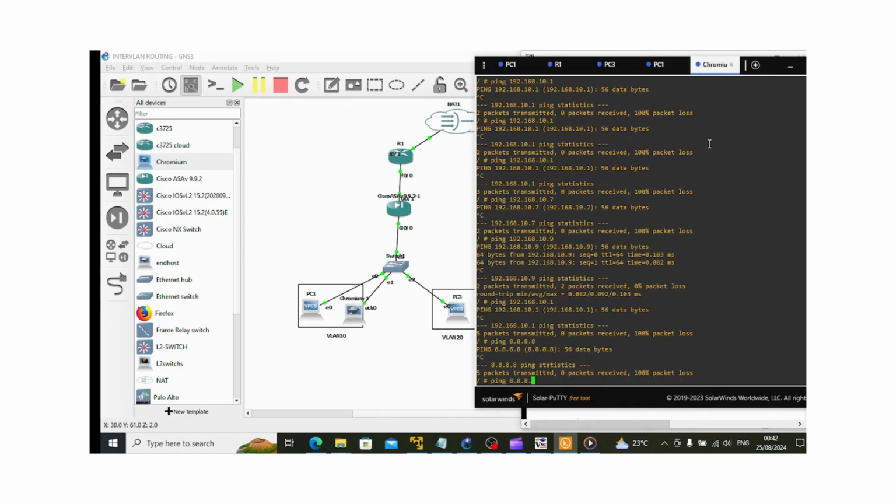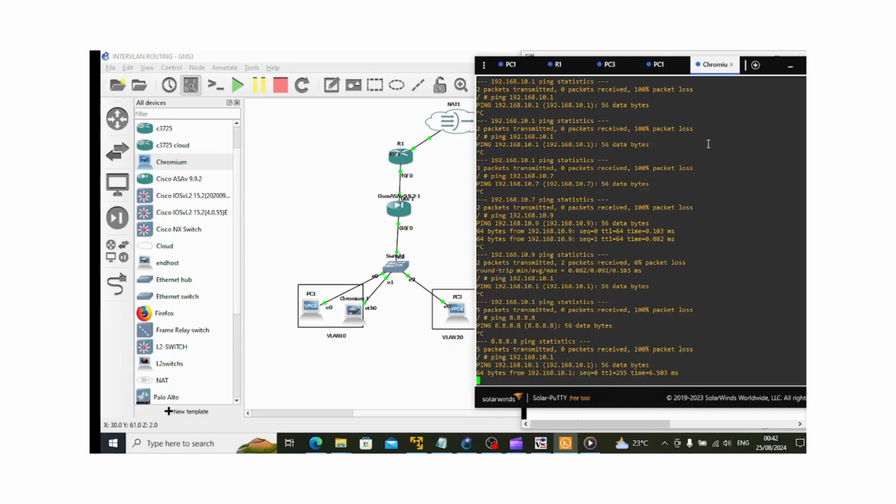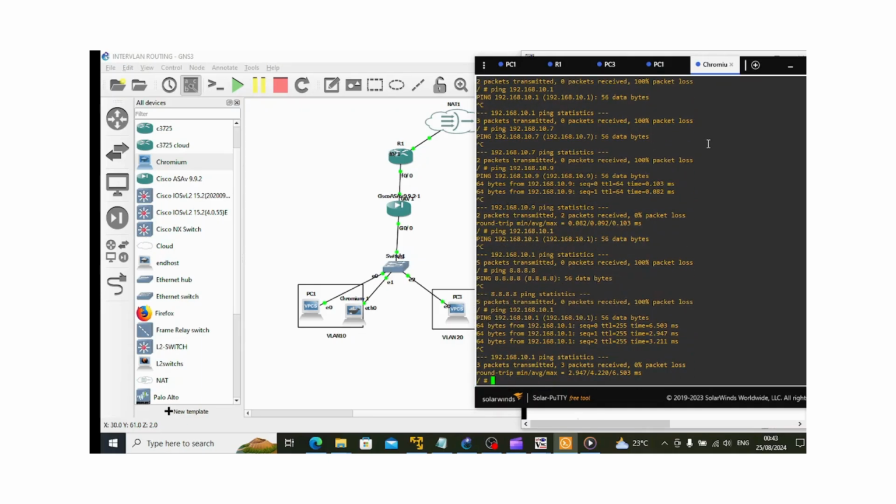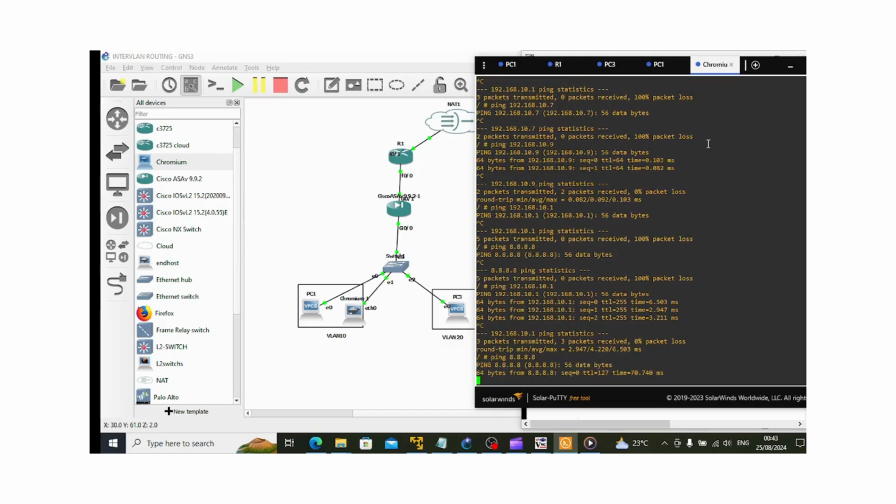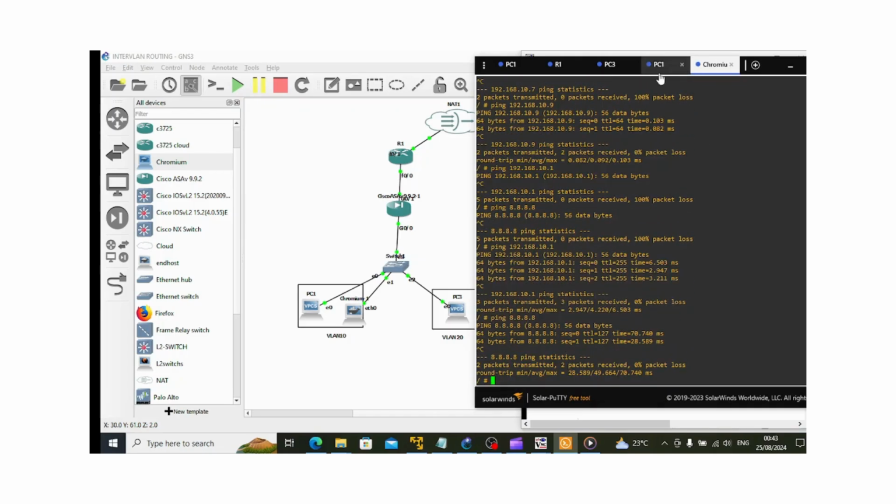So ping, let's try this again. Now it's working like I said. So let's do 8.8.8.8. Ping traffic is going to work for sure. It's working. So now you cannot ping